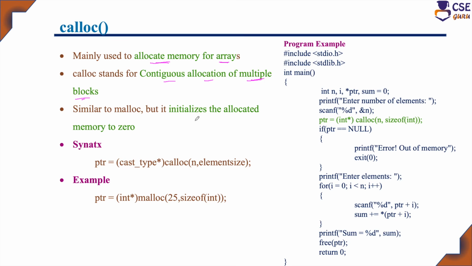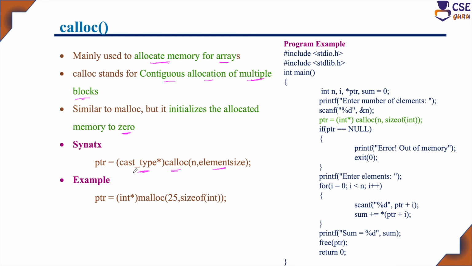Also, the allocated memory will be initialized to 0. That is, it will not allow any garbage values. So before using that memory in our program, it will be initialized to 0. Okay, the syntax is the same. This is the cast type, calloc instead of malloc, and here the element size, that is the size of